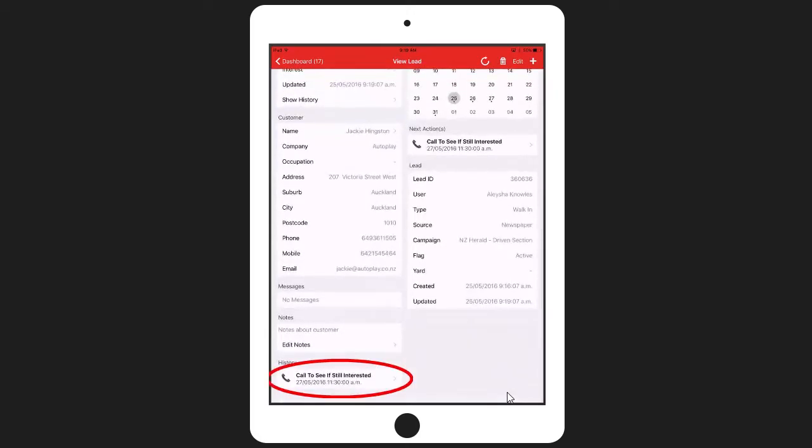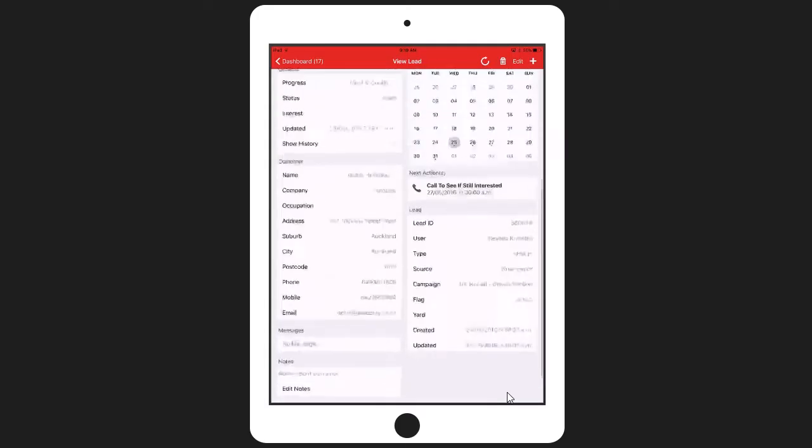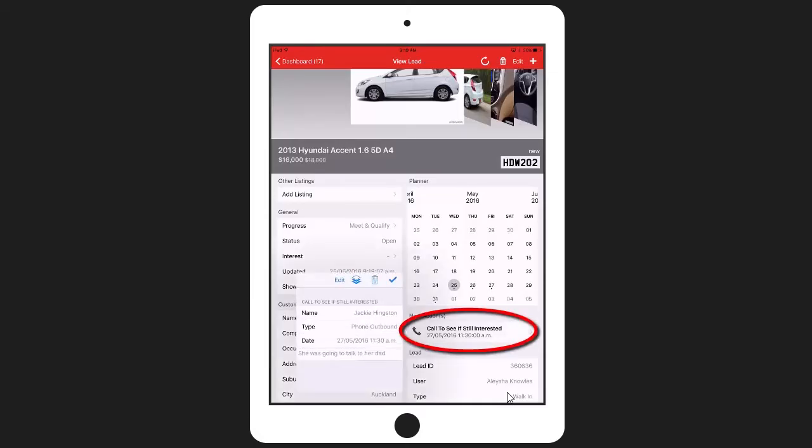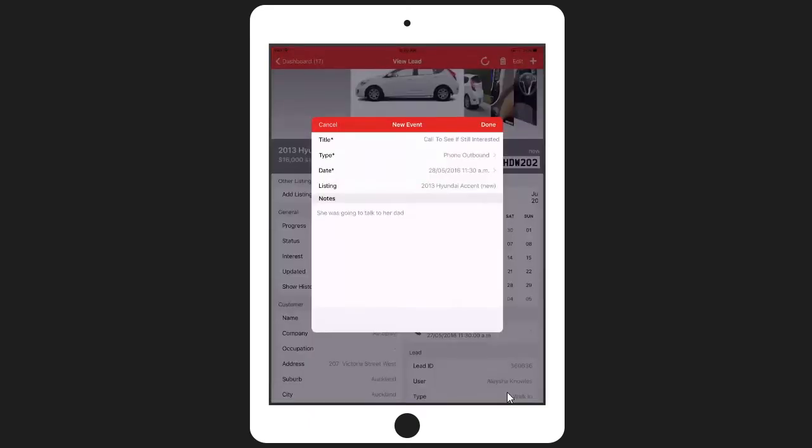for that calendar event. If I would now like to time travel and pretend that I have called this customer on the 27th, I'm going to show you how to update your progress and your next action. So tap on the next action. You'll see in the row of icons the second one across, the little pile of paper there, that is our copy function. Tapping on the copy function, you'll see it's carried across all of that information for that event, and